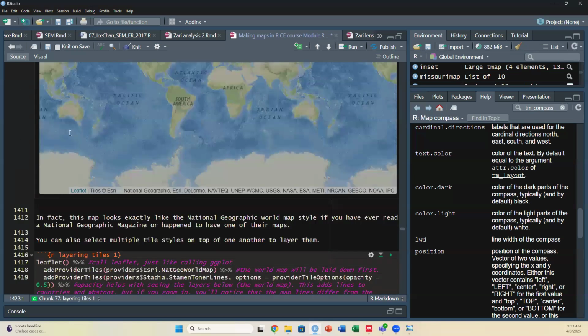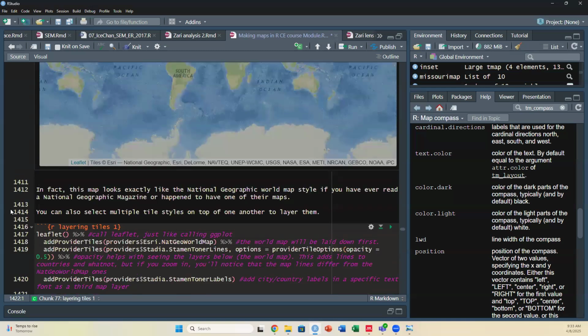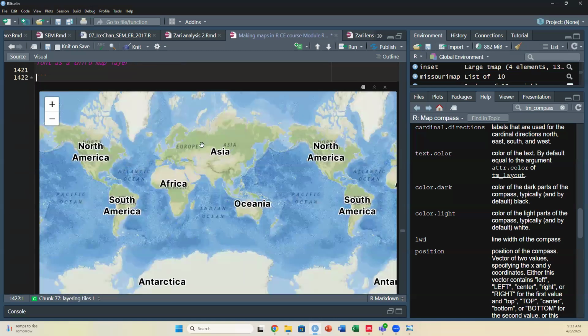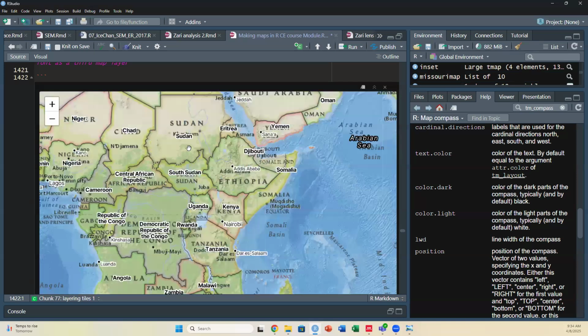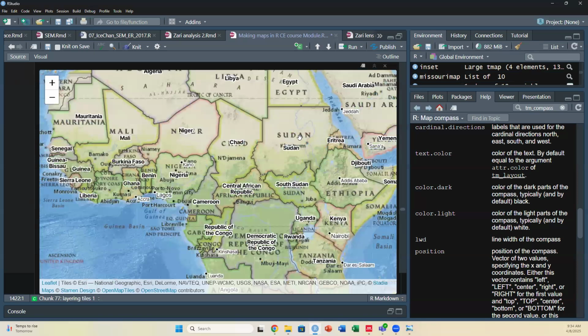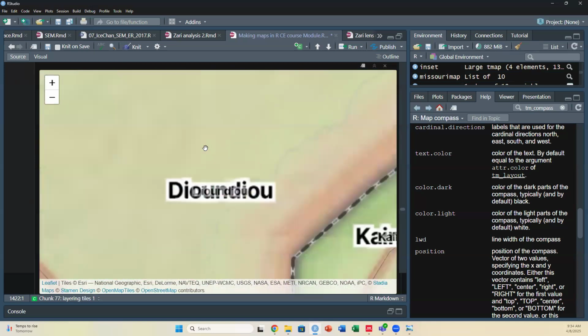So here we have the Nat Geo style labels. While here we have big black ones with a white outline on top of the Nat Geo ones. That's the Stamen toner labels. And when we zoom in, we can see that for the countries as well. It still retains the ones from the base map, but we can also see that. And if we keep zooming in,